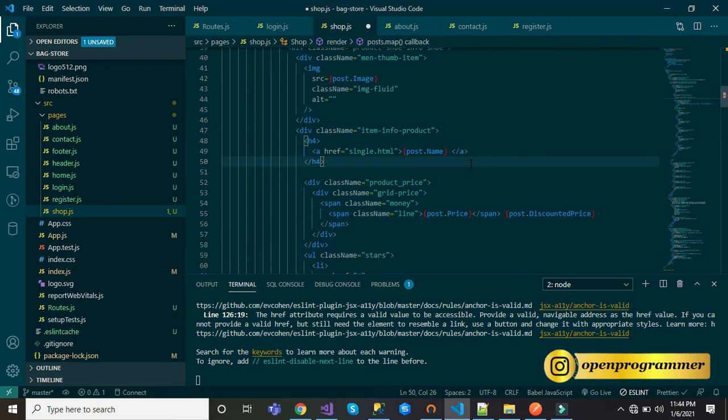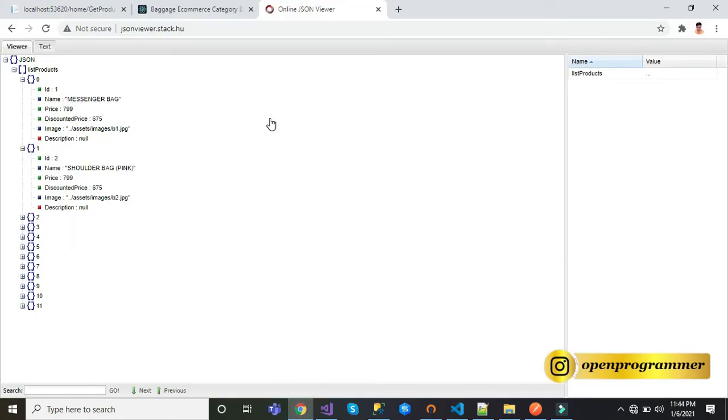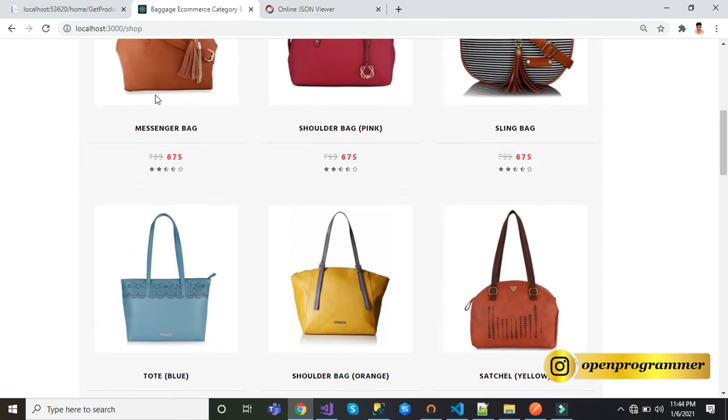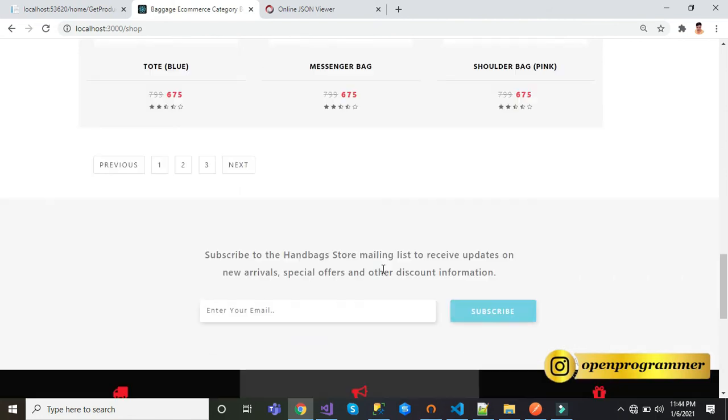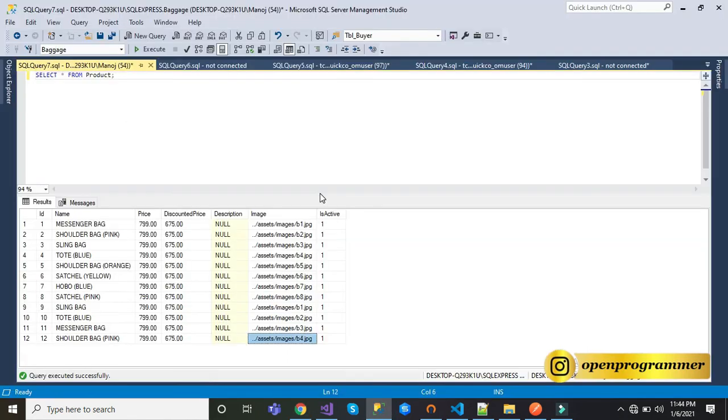So let me save this. Okay, no error is there. Let's go to the browser. Yeah, you can see now these are coming from our database. Let's cross check that. Messenger is 799 and discounted is 675. Okay, I think all prices are the same. Let me just update one record.